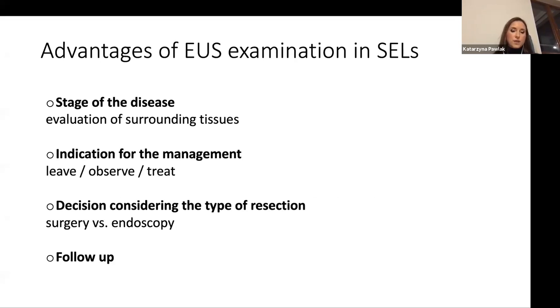However, for some types of lesion, we can think about observation as well as about concrete treatment. With EUS, we can also make the decision regarding the type of resection: whether there is any possibility to remove the lesion by endoscopic resection, or whether it should be referred for surgical treatment. Some guidelines also present EUS as the main tool for follow-up of